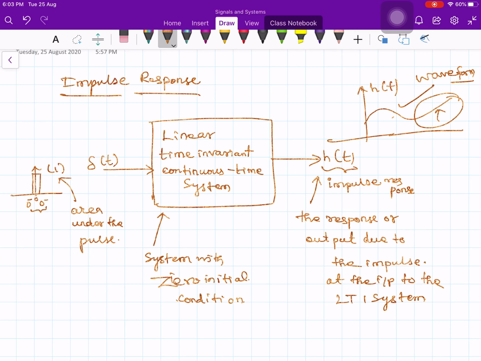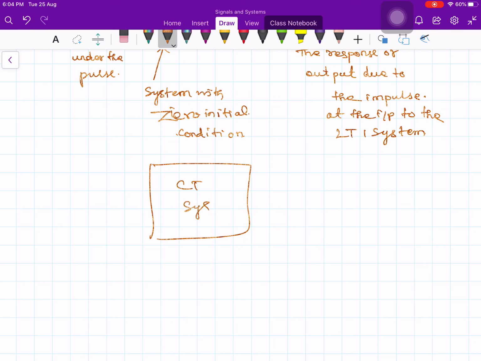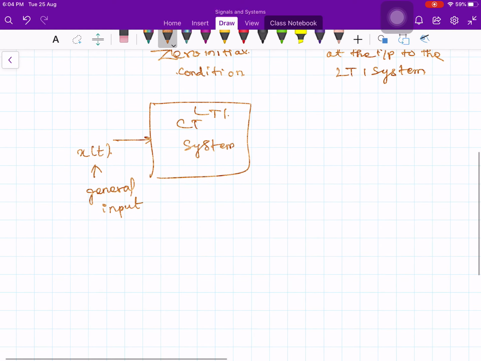Now the same system, in short form let me put a CT, continuous time, LTI system. Now instead of del of t, you apply an arbitrary input x of t as an input. This is the general input, or some arbitrary input whichever you have at hand. Let us say my general input looks something like this. Maybe it can represent a speech signal or music signal or voice signal. Now what you do,